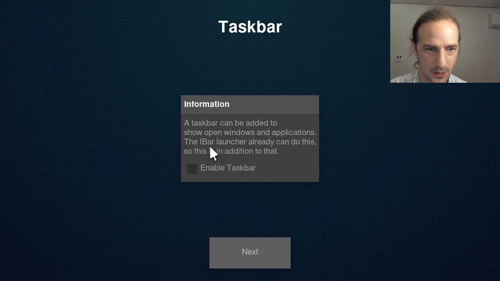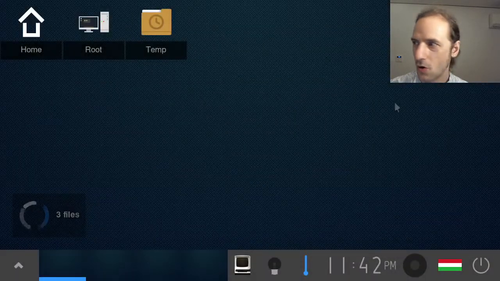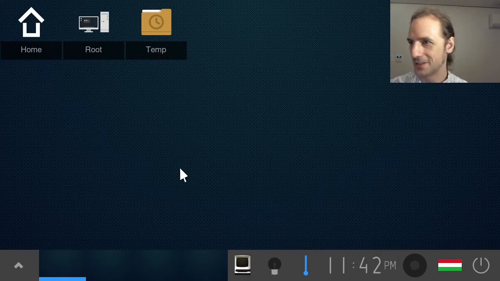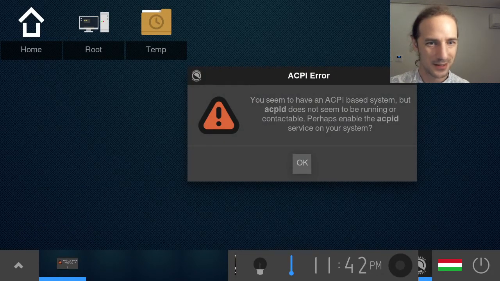And what else the launcher can do is, so this is in addition to that. Taskbar. I mean, let's enable it and maybe we'll turn it off later. Alright. Okay, so this is, well, I set everything really big and